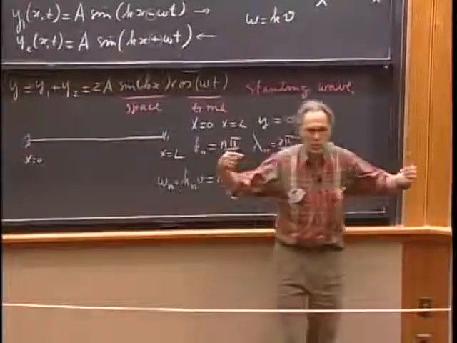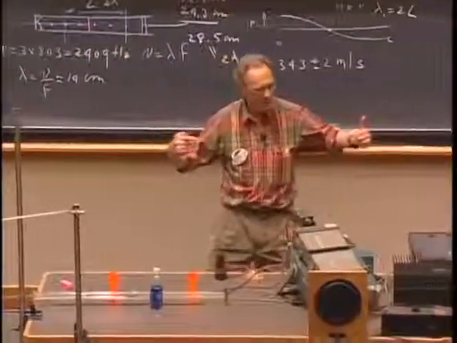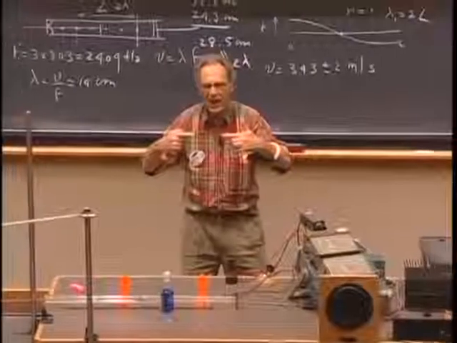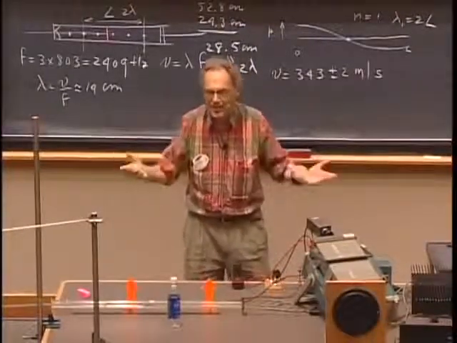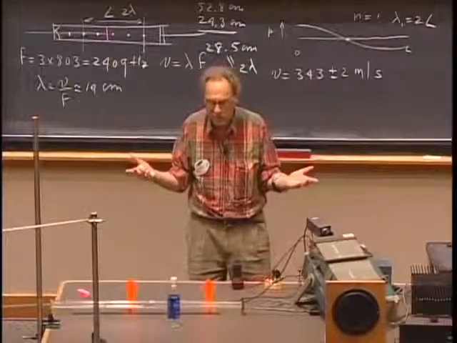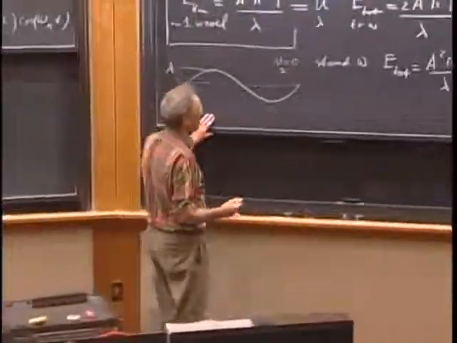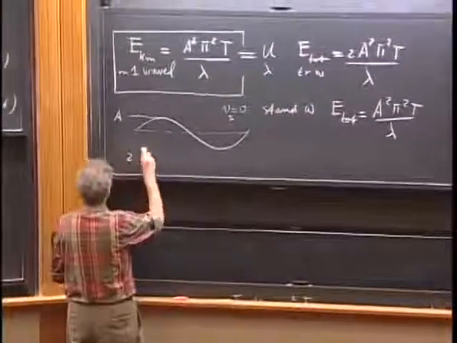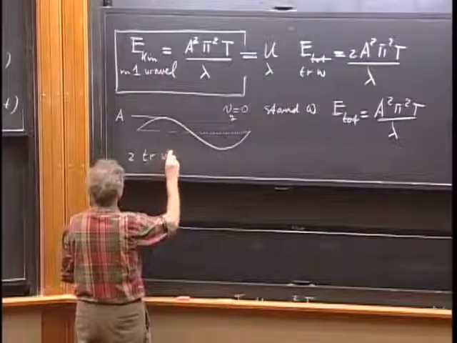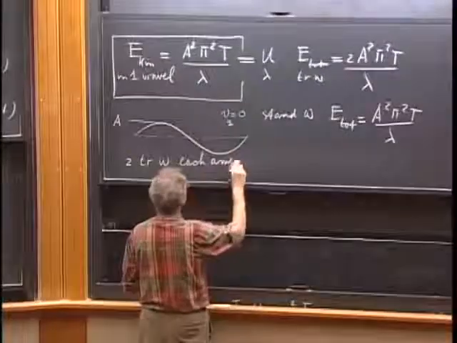But there must be a certain amount of energy in that wave that comes in, which is 1/2 A, and a certain amount of energy in this one. And when you add those energies up, you must exactly get the energy in a standing wave, because no energy was lost. So therefore, I make the following statement now, which is testable, that two traveling waves, each with amplitude